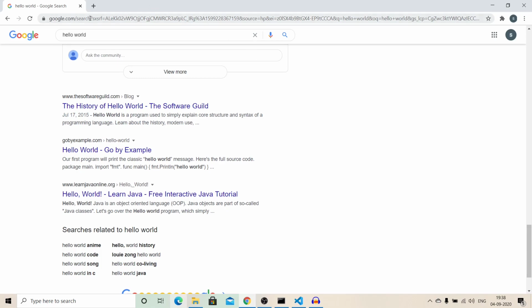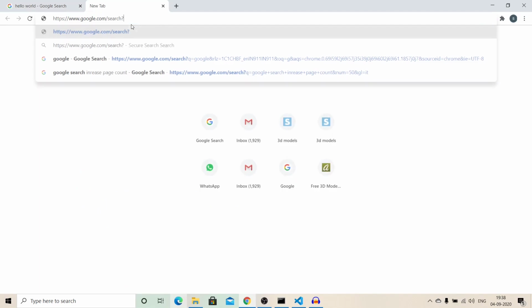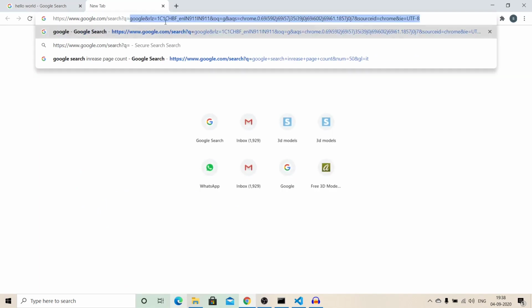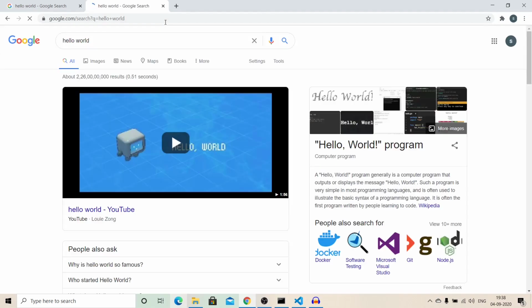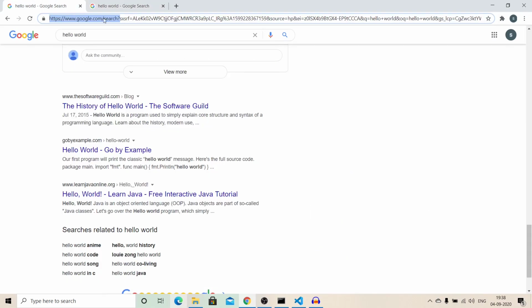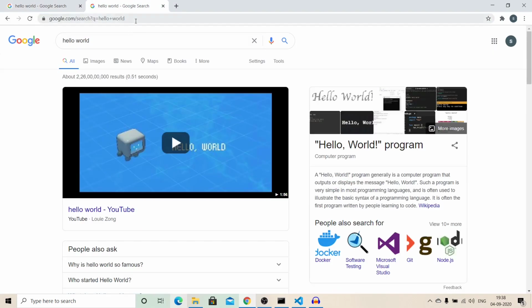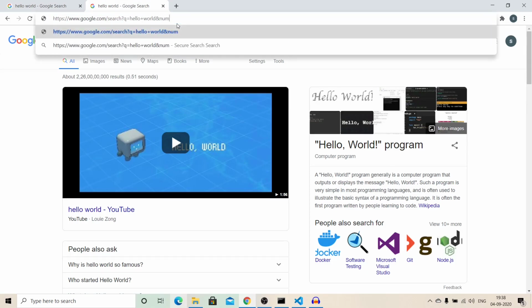There's one more thing: if I copy this URL here and add hello plus world, it's pretty much the same thing. The rest of the extracted parts are redundant to us, and our main focus is on this. Apart from this, there is another parameter called num.